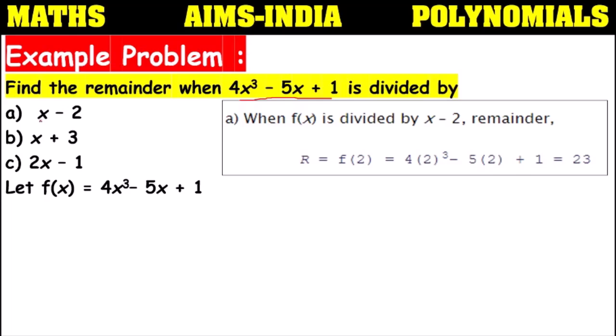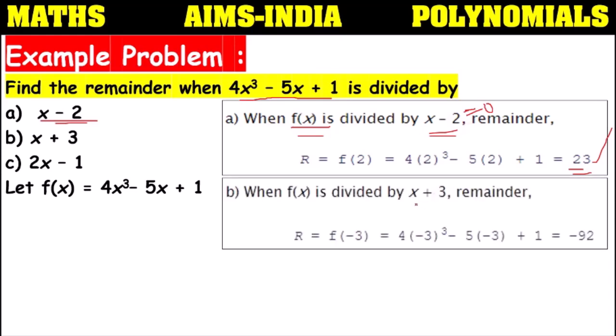First example, a, x minus 2. When the polynomial is divided by x minus 2, if we take x minus 2 as 0 and move the minus 2 to the other side, it becomes 2, so x equals 2. So we have to find the remainder by keeping the value 2 in place of x, that is f of 2. So 2 cube minus, directly we can get the answer 23. So without the division method, we are able to find the answer directly. So the remainder of f of x when divided by x minus 2 is 23.